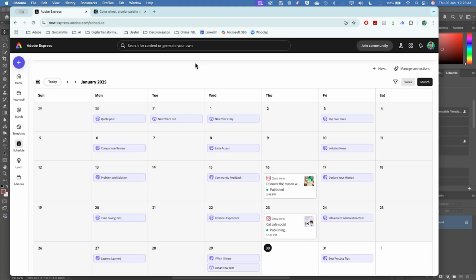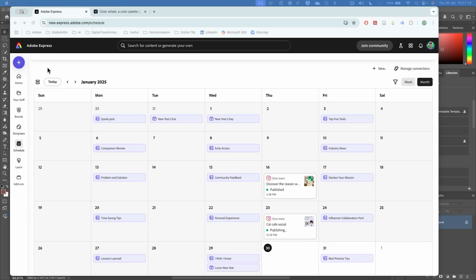So for starting off, we have to build a library first. You don't have to build a library. It's much like keeping your files organized on your hard drive in folders. If you're working on multiple projects like I do, then it's a good idea to have libraries set up. Otherwise, you're going to get confused. Things are going to go missing. So I'd say it's good practice to use libraries, but it's not essential.